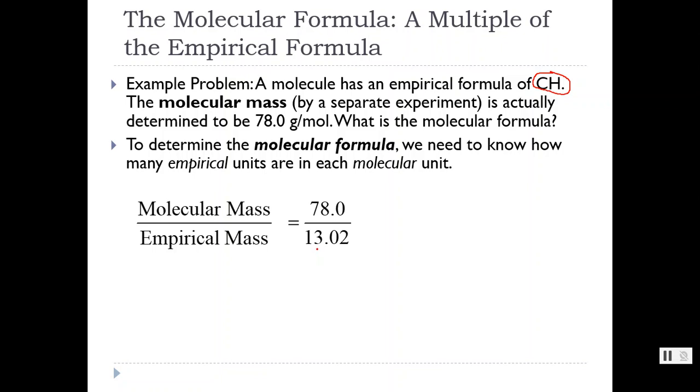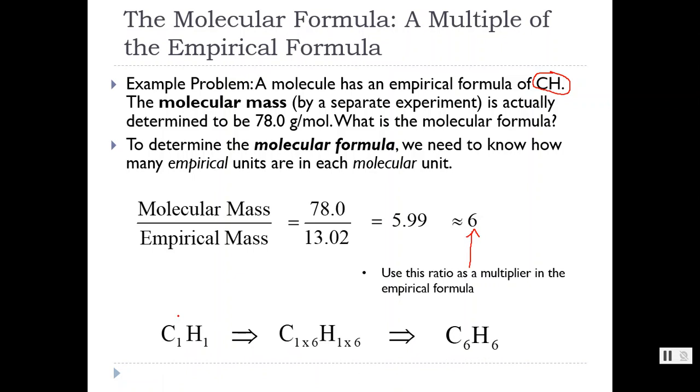I put that number in the denominator, and when I divide those numbers, I get 5.99, which is pretty darn close to 6. What that means is that my molecular mass is 6 times heavier than my empirical mass. So I can use that number as a multiplier in my empirical formula, and I can take my empirical formula, which is CH, or C1H1, multiply those implied ones by 6 to give me my final molecular formula, which is